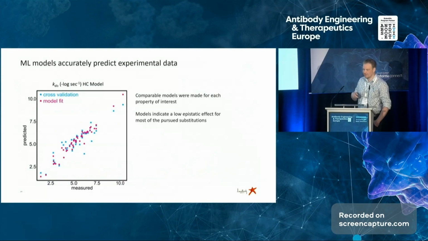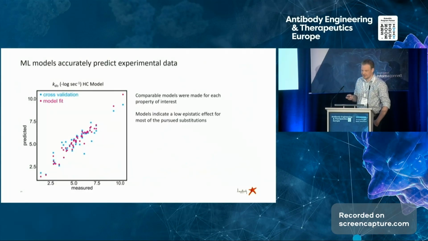So this is the data that is being used to train the model, and it is really being fitted, and that's not surprising that it correlates, of course. But the cross-validation set is more important. These are data points that are held out of the model training, about 10% of the data, and they are also really well predicted. So the model is really strong at predicting the outcome of the substitutions.